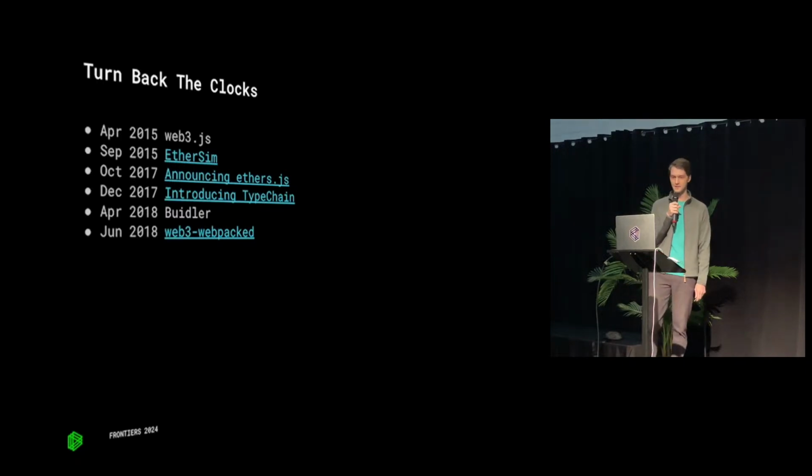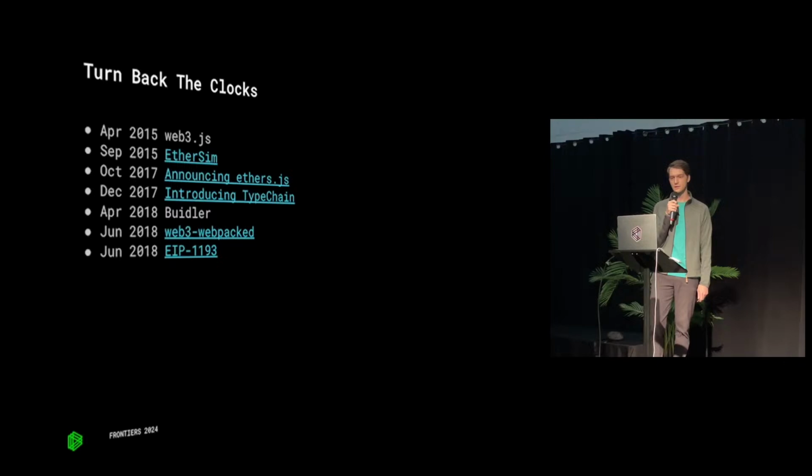Web3 Webpack is our first foray maybe into more front-end, app-specific tools. If you're not familiar with Webpack, it's a bundler for the web that allows you to take some code, maybe it's JavaScript or TypeScript or some assets, SVGs, and then spit out a built bundle that maybe transpiled the TypeScript to JavaScript or minified the SVGs or some other stuff. And so Web3 Webpack was a way to hook into Webpack projects at the time and have an Ethereum provider you could use.